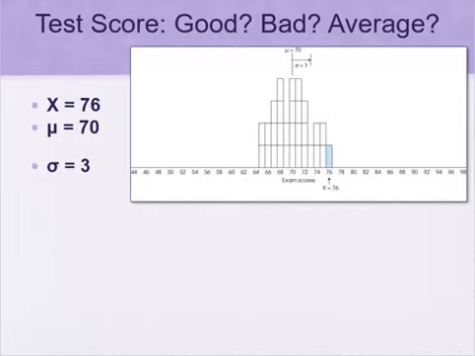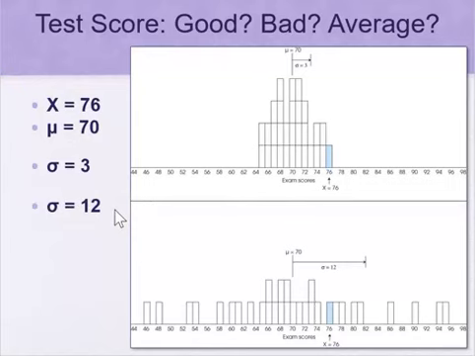So just as it was with the text message example, knowing the mean and knowing the standard deviation helps us put this score into perspective, right? With a mean of 70 and a standard deviation of 3, 76 is a fantastic score. It's at the head of the class. But let's say we had more variability in our data, a standard deviation of 12. If you look here, this is the data plotted out. A raw score of 76 is roughly half a standard deviation above the mean,